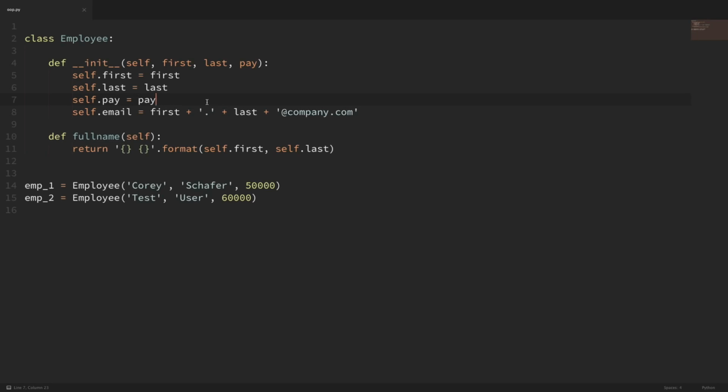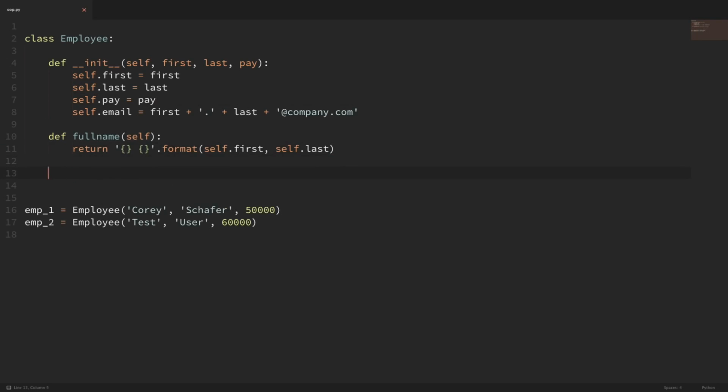So if we look here at our employee class, what kind of data would we want to be shared among all employees? Well, there's a lot of different ideas that we could probably come up with, but for this example, let's say that our company gives annual raises every year. Now, the amount can change from year to year, but whatever that amount is, it's going to be the same for all employees. So that would be a good candidate for a class variable. Now, before we actually create that class variable, let's first hard code this in and see why the class variables would be a better use case.